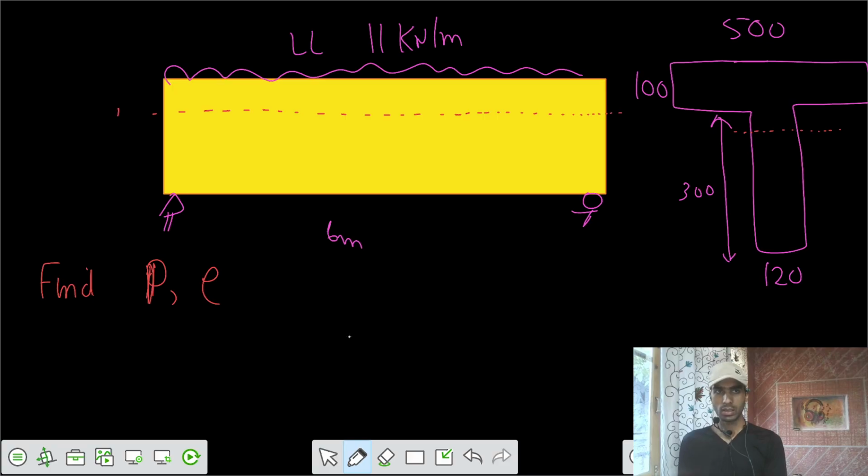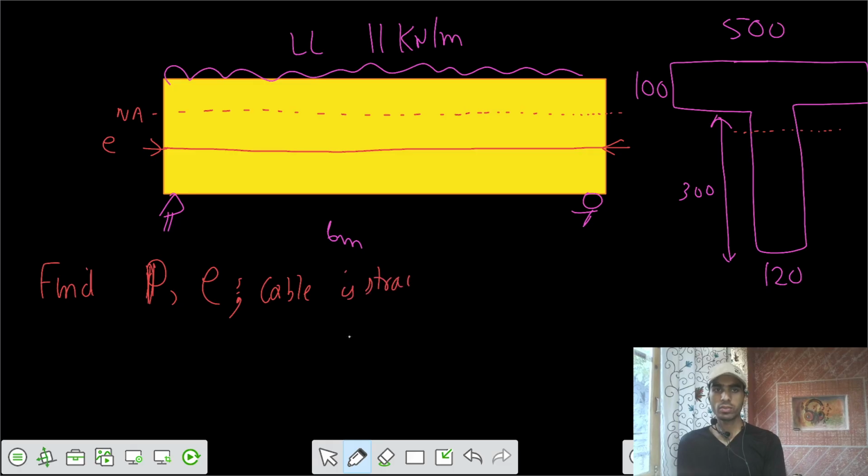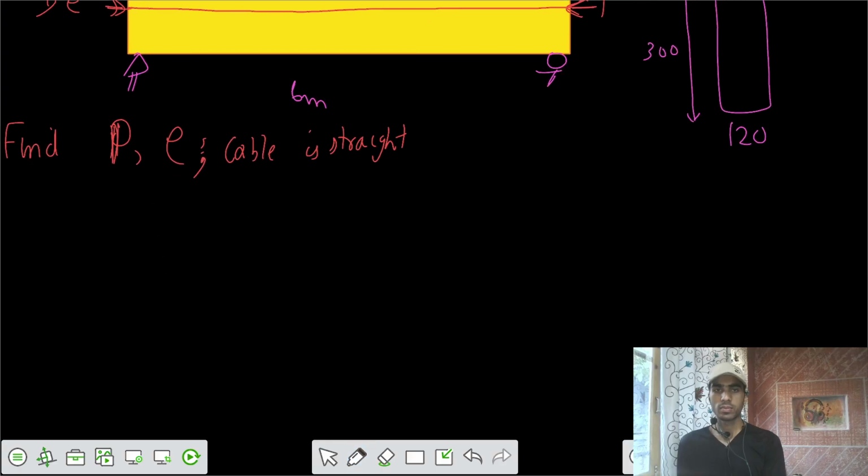So let's say this is the neutral axis, and based on that, I would say there's some eccentricity of E, and the cable is straight. This is some cable. Cable is straight, and cable is also straight. And we have to say what should be that value of P force that we are going to apply at some eccentricity of E from the neutral axis, such that